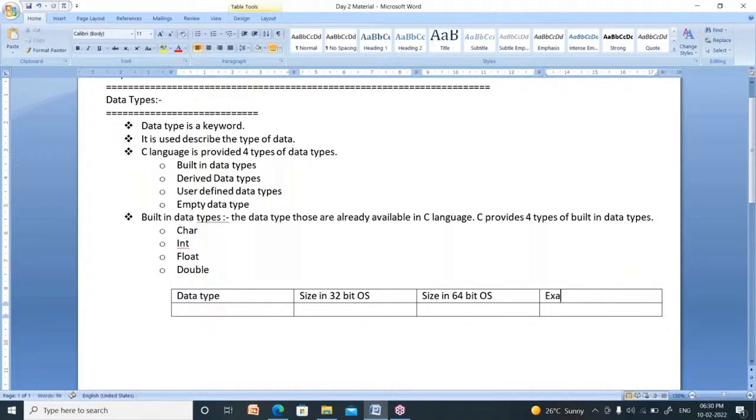That's why I am going to explain the sizes in 32-bit as well as 64-bit. Here I am going to explain the examples of data types. Suppose the first data type is character.